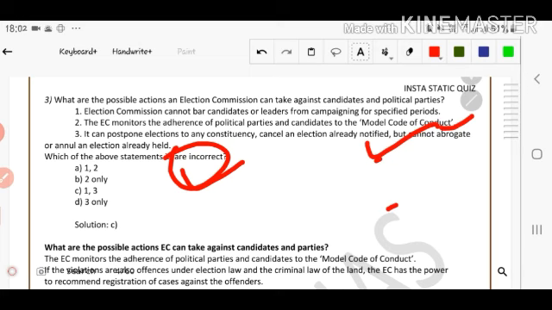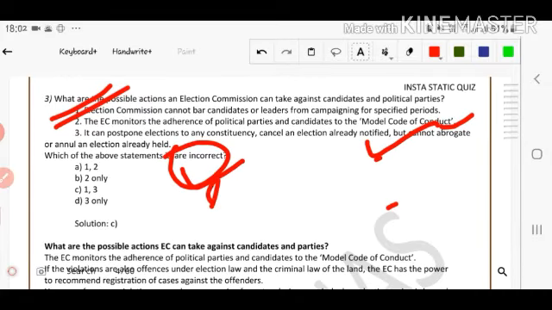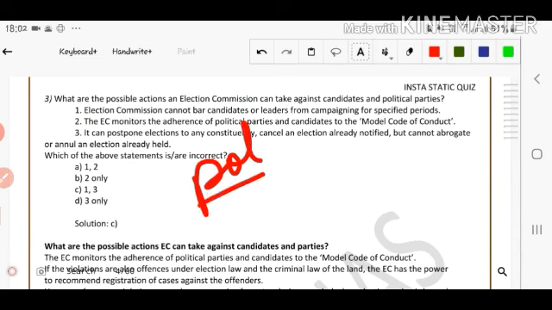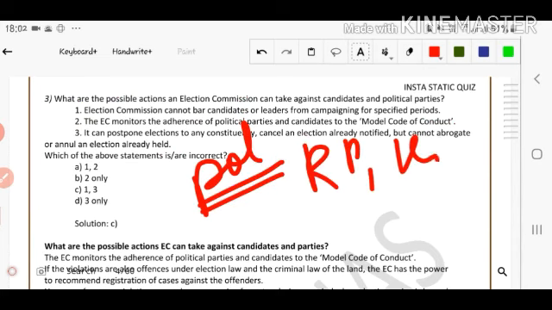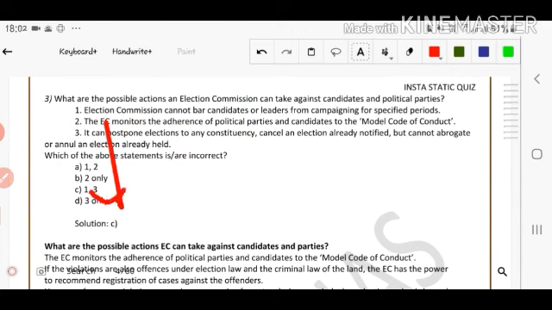Number first, the Election Commission cannot bar a candidate, no, it is not the barring of the candidate. We already saw that it can recognize, deregister or register the political party, but not the candidate. It does not have much power over the candidate, and the whole of the political party is governed according to the RP Act of 1951, and delimitation is as per the RP Act of 1950, and voter age and so on. That is part of the RP Act of 1950.